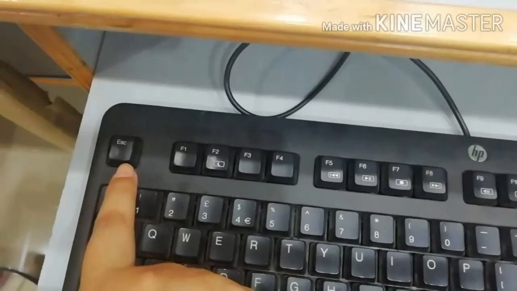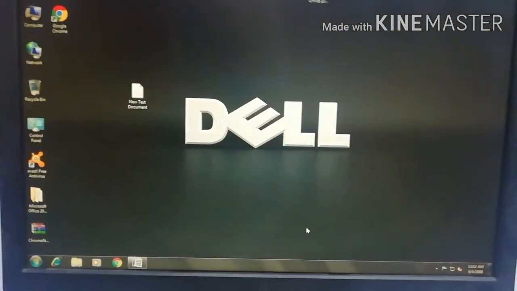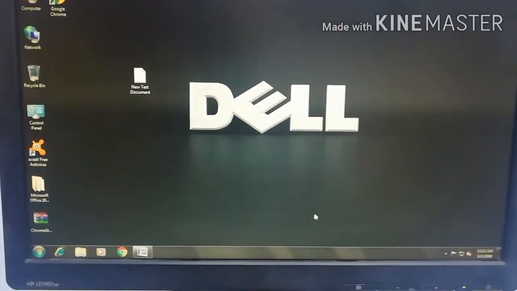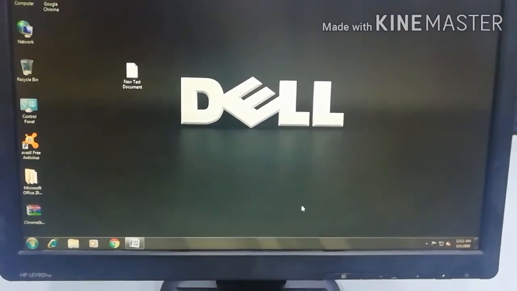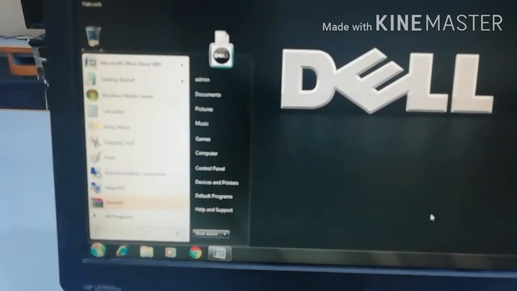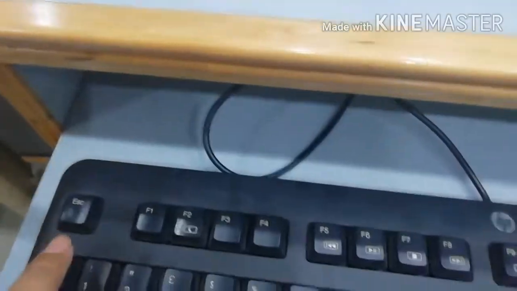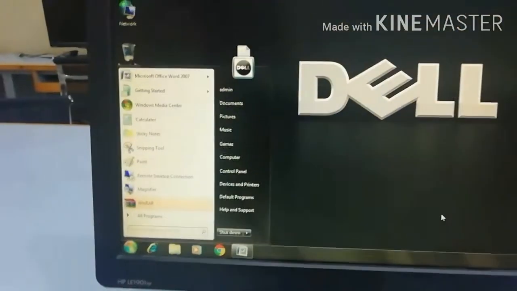So dear students, escape key is used to close sub window, actions, menu and pop-up which you open under current program. For example, dear students, look up now. Here we are working on the window desktop. So if I open the start menu, here is the start menu. If we want to close this, we can press the escape key from the keyboard. So it will close.